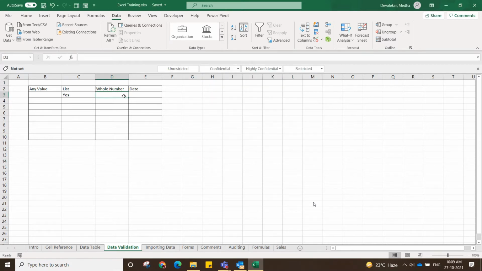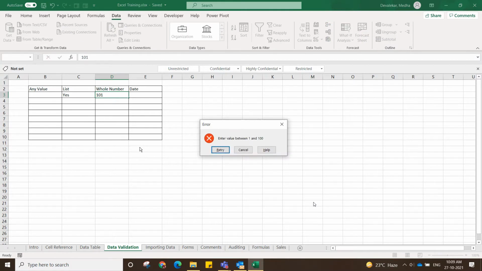Now see what will happen. If I enter 101, 101 is not between 1 and 100, so it is giving me this error, and it gives me the error message, "Enter value between 1 and 100". Whatever we have written in that message box, you will get it here.